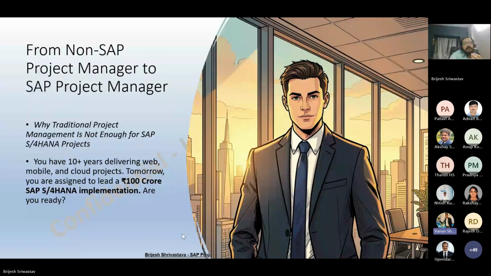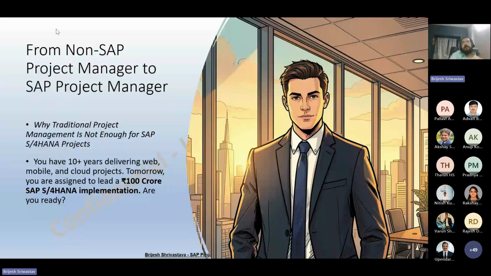As a layman, I guess it would be a good opportunity, maybe something new to be learned and a different experience, but I'm not sure if the previous experience would be sufficient to take up this additional opportunity of an SAP project. That's what I'm trying to say. Okay, sorry, may I know your good name? Varun.